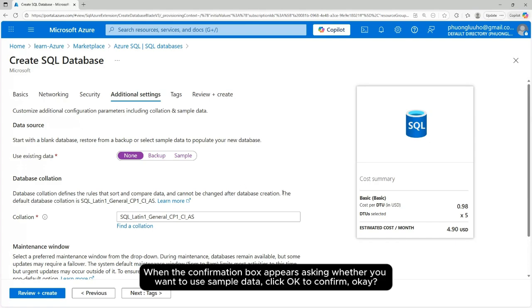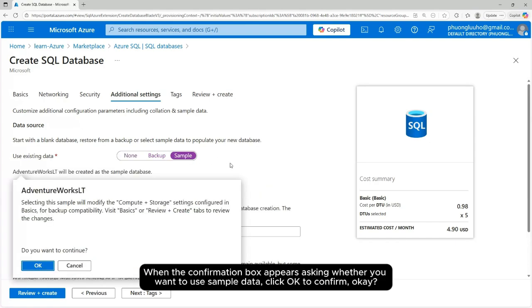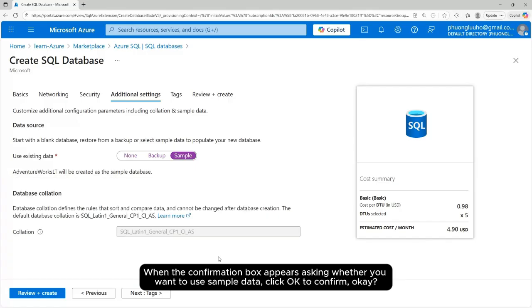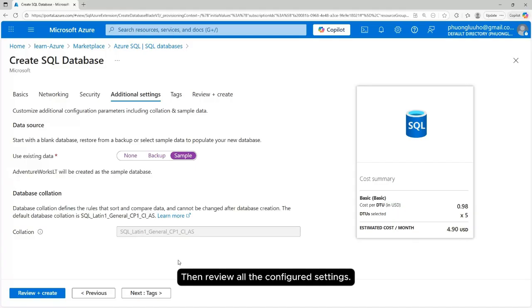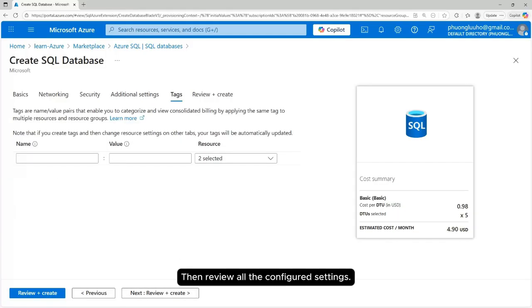When the confirmation box appears asking whether you want to use sample data, click OK to confirm. Okay, then review all the configured settings.